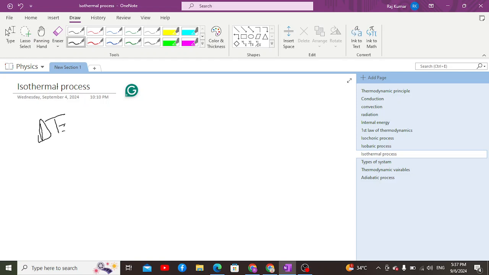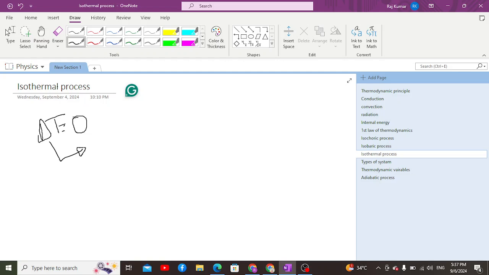As a result of the change in temperature being equal to 0, there will be no increase or decrease in the